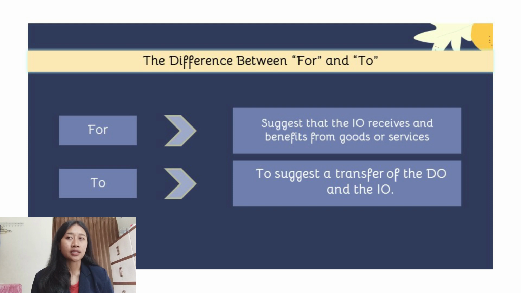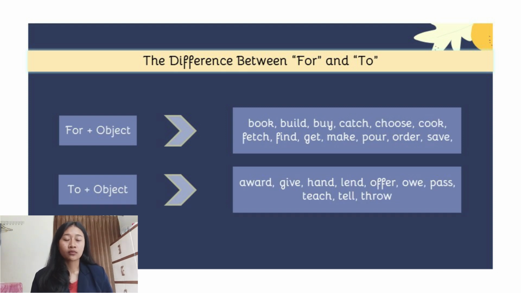So for suggests that the indirect object receives and benefits from goods or services, while to suggests a transfer of the direct object and the indirect object. So the verbs that can be used with for are book, build, buy, catch, choose, cook, fetch, find, get, make, pour, order, save. And the verbs that can be used with to are award, give, hand, lend, offer, owe, pass,